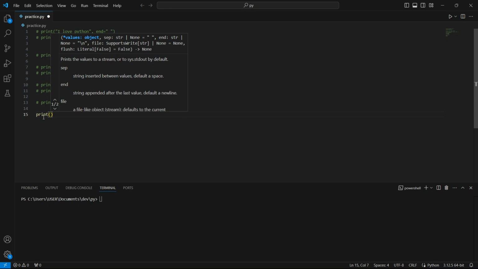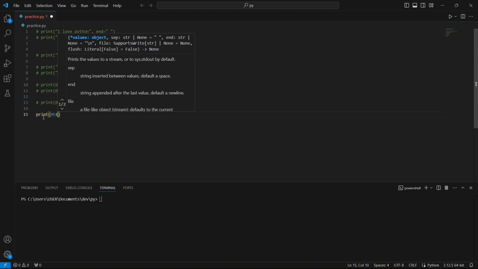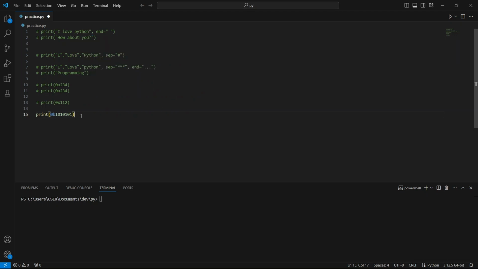Whenever you want to convert binary, all you need to do is precede that integer with 0 first, then b for binary, then that number. The range is between 0 and 1, so I can say 101010. Let's run the code and see what this number actually represents